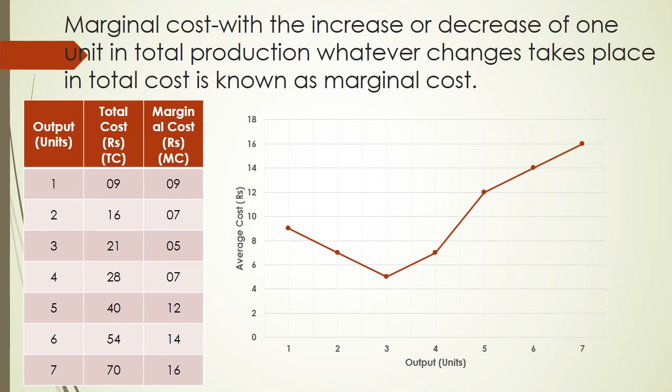Now what can we say about this diagram? We can say that it looks like a hockey stick, right? The shape of this diagram is like a hockey stick. And what can we say about it? In the beginning, marginal cost decreases, as the average cost decreases initially. But after some time, there is an increase. Right? There is an increase because initially with the increase in production, total variable cost also increases.